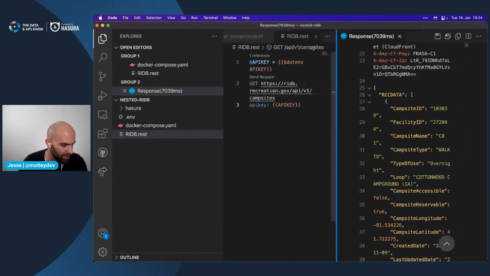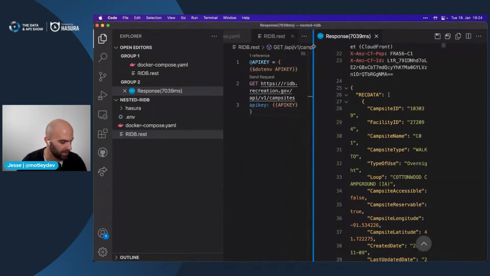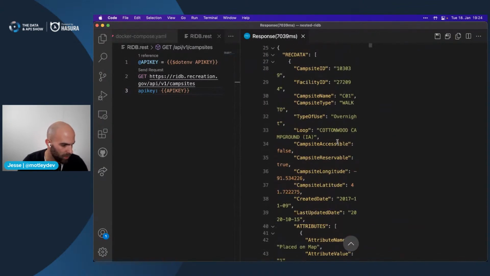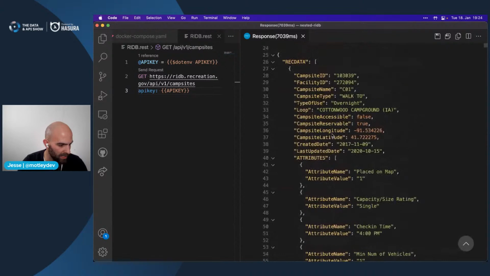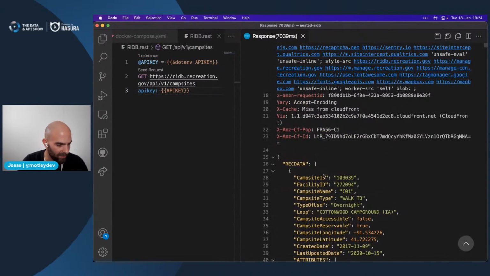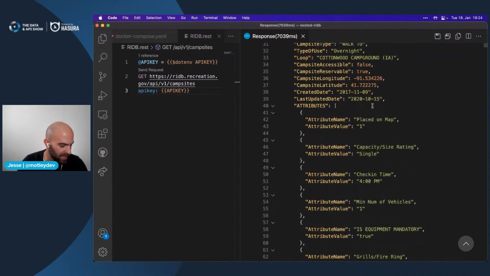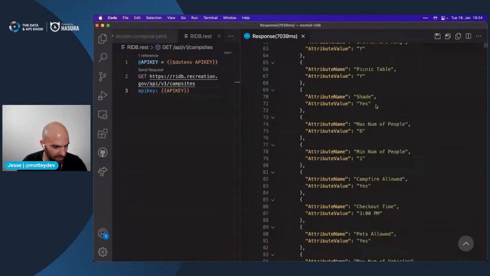Let me go ahead and pull this open. I'm going to hide that sidebar here so we can see the data a bit more. We get a whole bunch of funky content, right? So we get the record data. I mean, this is like government data to the max here, so enjoy the names. We get attribute names, so it's key value, tuple style data stores,